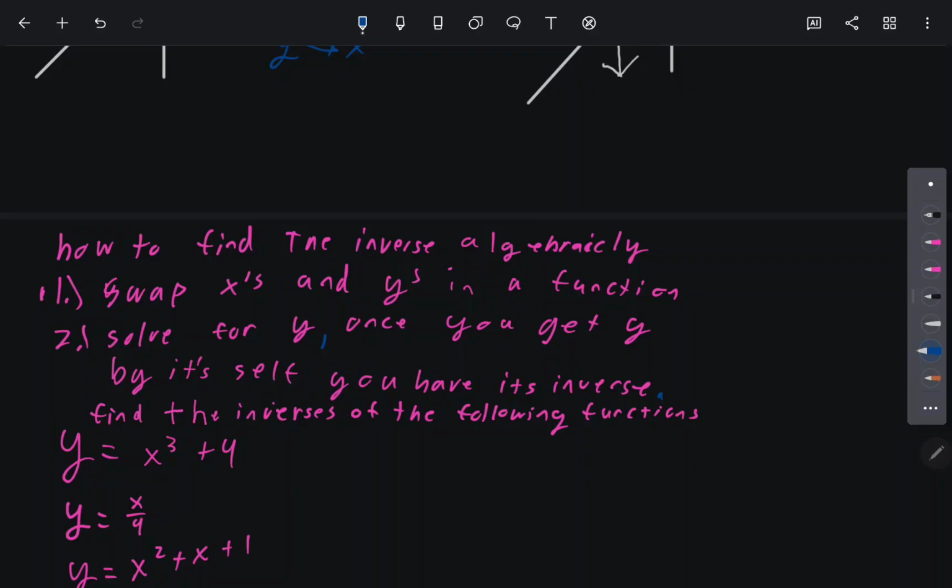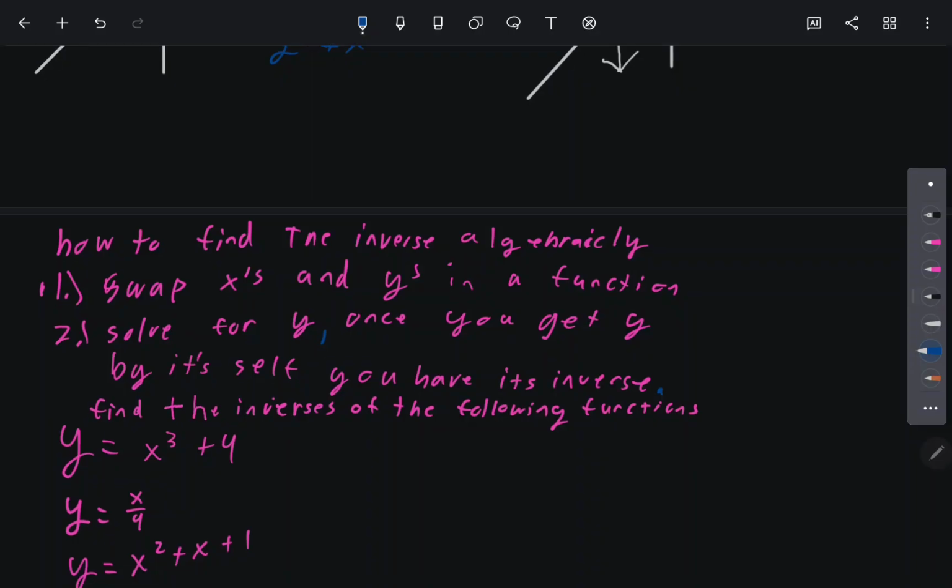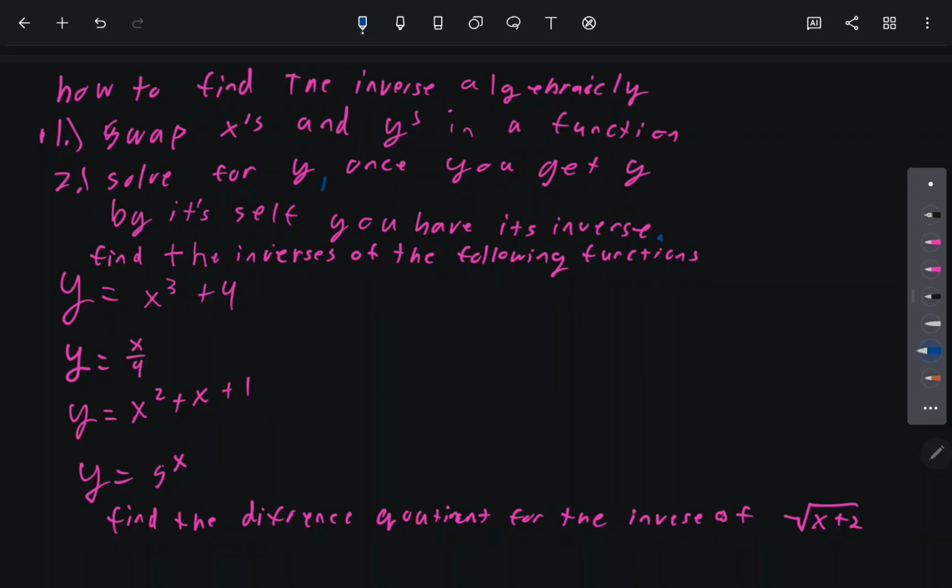So I'll work on the first example with you, and then I'll give you a few moments to work on the other examples, and then I'll go over the answers. Okay, so